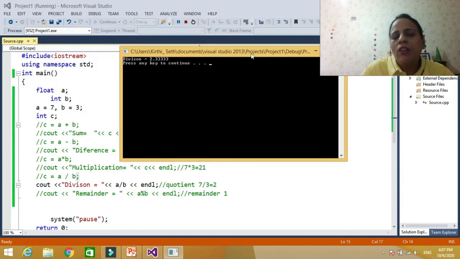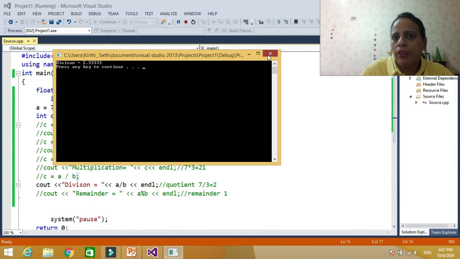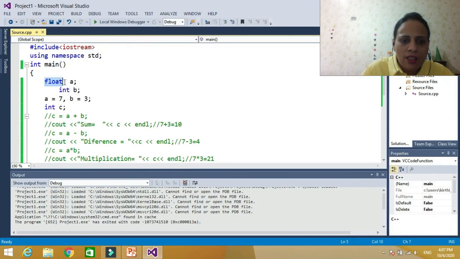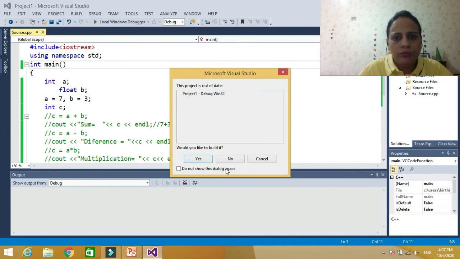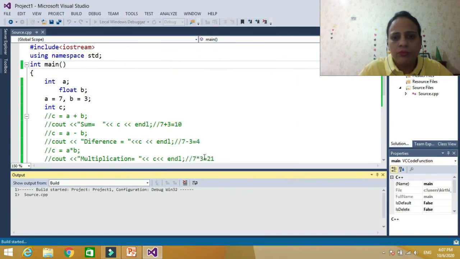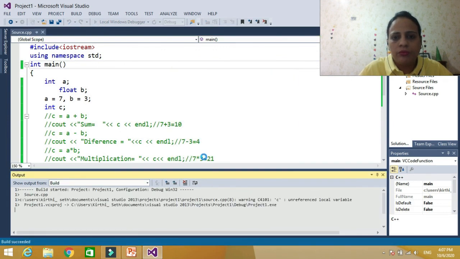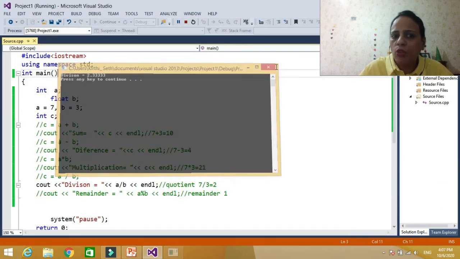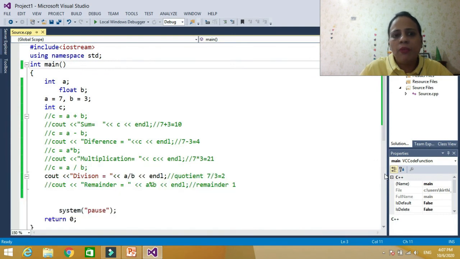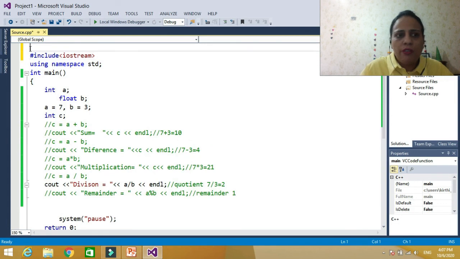Even if one of them is a float number, it will give you a float number. So let's say int A and float B. If one of them is float, it will give you a float number. And keep this in mind, you can use the modulus operator only for integers.